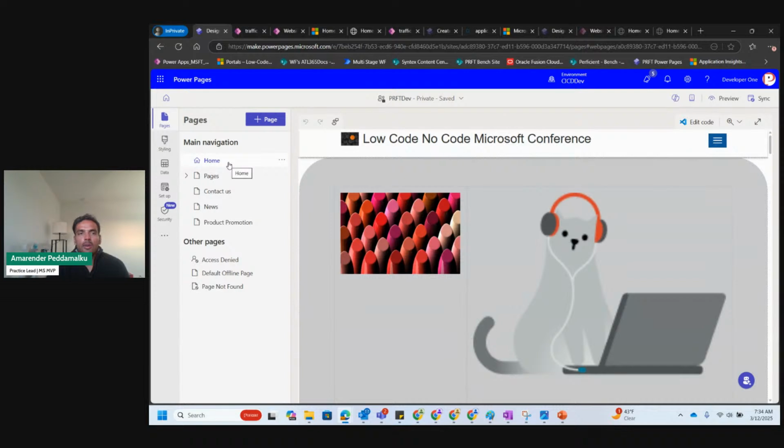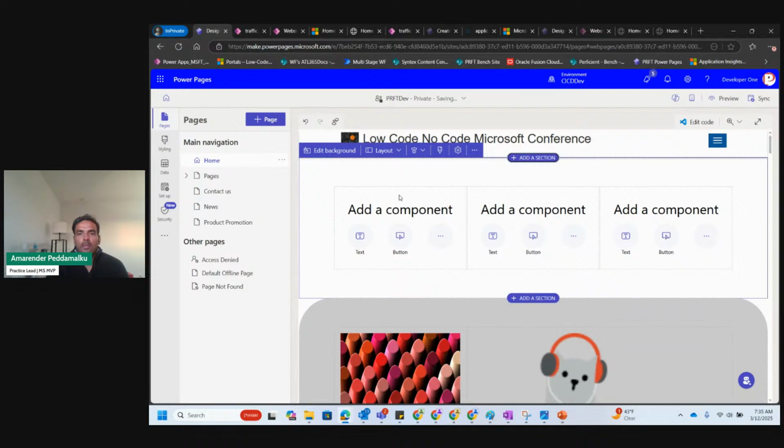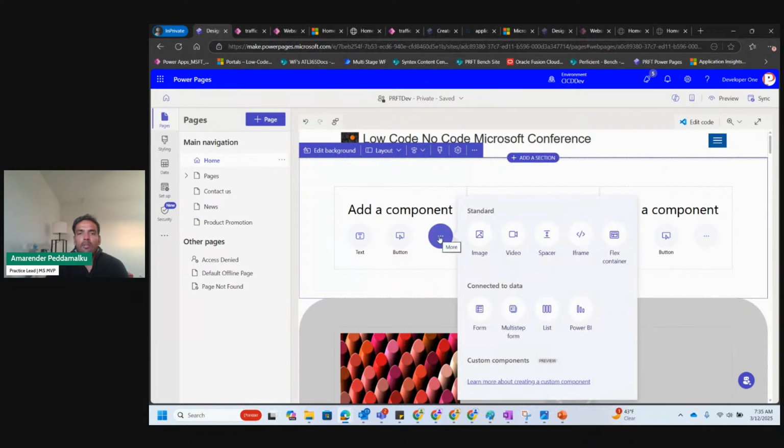So if you go back to the homepage, and let's say you want to edit the website, you click add section here, and you can choose a 3-column layout, 2-column, 1/3. This is pretty similar to SharePoint if you have ever edited a SharePoint site within the browser. So I already added a section here. Let's go ahead and add one more, like a 3-column layout, right? And you see here how it automatically is showing different components that I can add to the website. And if you click on these 3 ellipses, you see more controls that you can add.